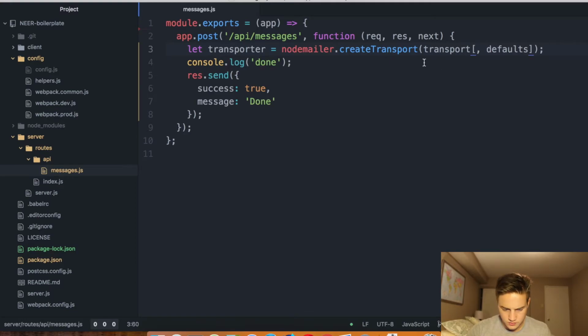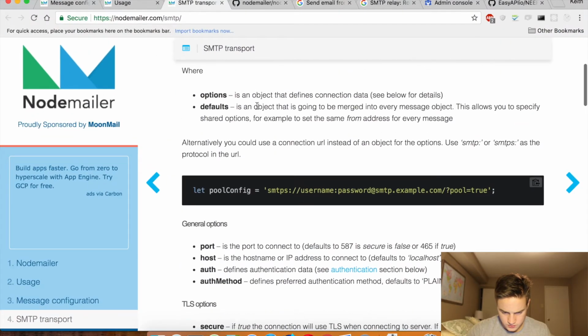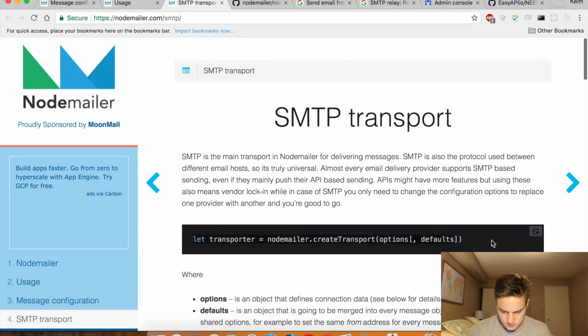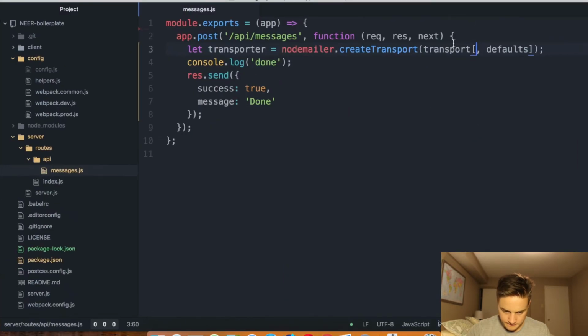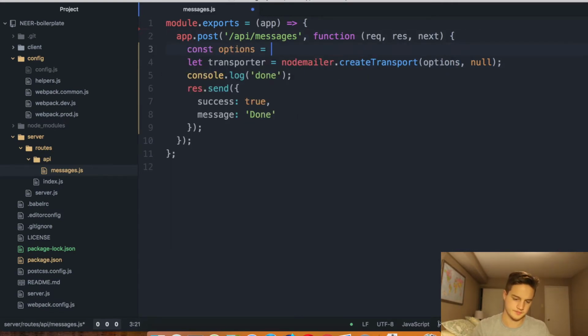We have create transporter, which is this here. I think this is a typo, but it doesn't matter. We don't actually have any defaults, so we'll just pass in null. Actually, yeah, we'll pass in null because I can't actually confirm that it's a blank object, and then we're going to create options,